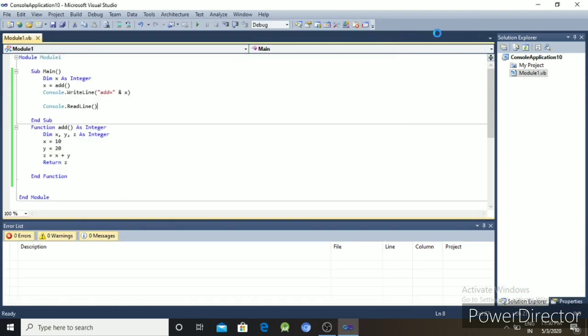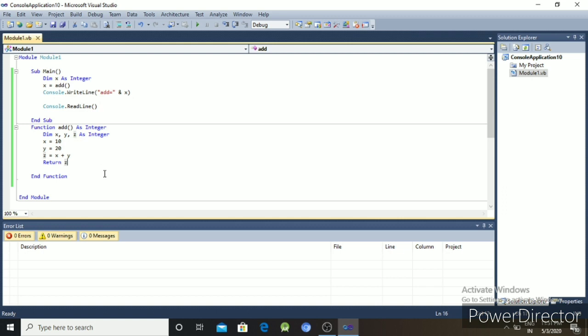Next, here the function returns the value. Then the second function with argument, but here there is no return type. A function returns a value, but a procedure does not return a value. So that is the difference between procedure and function.